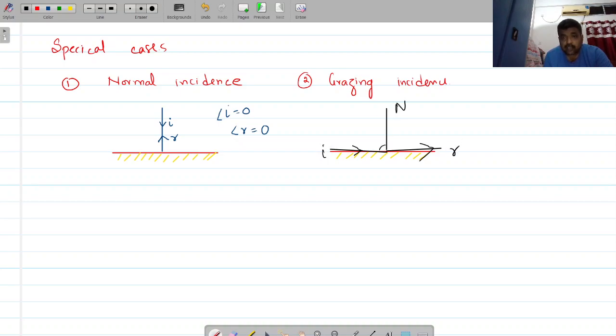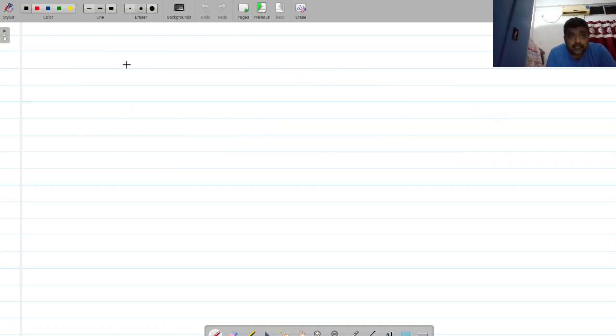See, grazes the surface means this angle is almost equal to 90 degrees, but not exactly 90 degrees, nearly 90 degrees. So that means this angle will also be nearly 90 degrees. So grazing incidence means here the angle of incidence will be equal to 90 degrees, and the angle of reflection will also be equal to 90 degrees. Okay, so this is the meaning of this. I have discussed these two things so that we understand these terms: what is the meaning of normal incidence and what is the meaning of grazing incidence? Okay. Now, moving further,